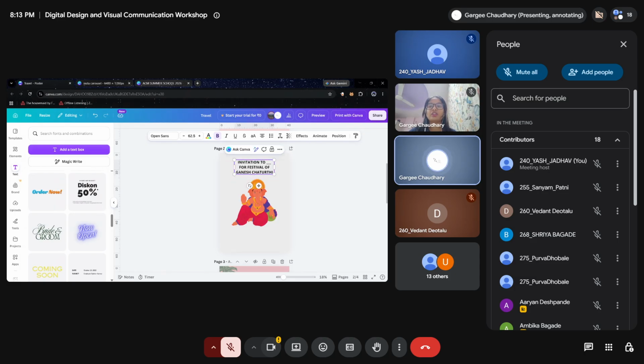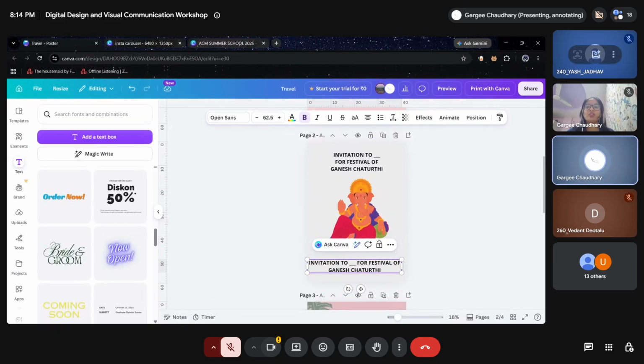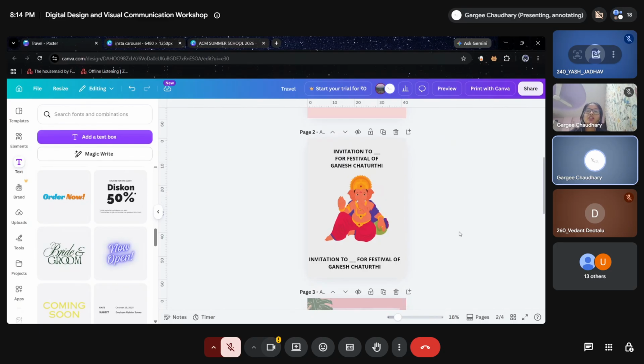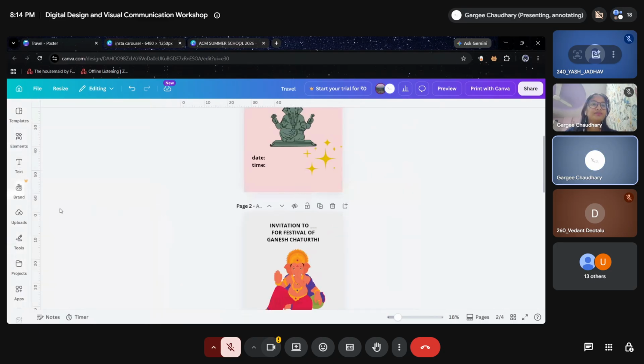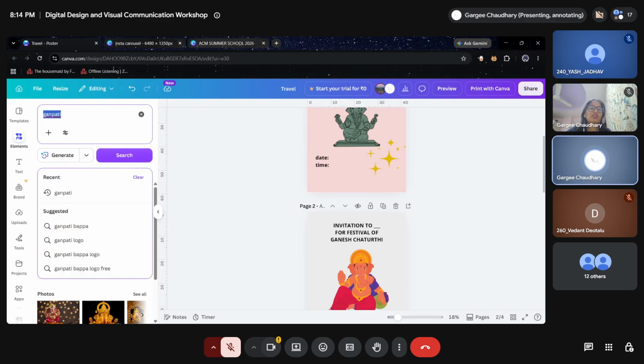And you can duplicate this and make your own description for anything that you want, right? And you can add lines to it, you can add elements to it, say decoration.